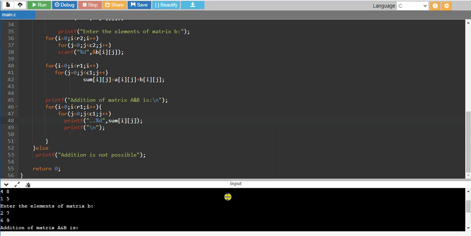Then 1 plus 6 is 7, yes, 7 we are getting. Then we have 8 and 5 with 7 and 9: 8 plus 7 is 15, then 5 plus 9 is 14. 15 and 14 should be there in the second column. 15 and 14 is there, so that means it is working properly.